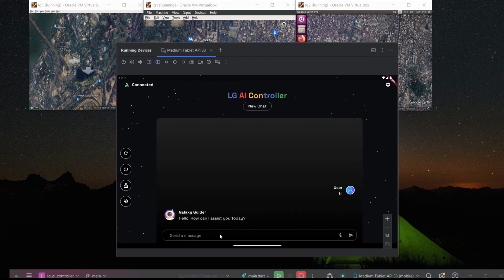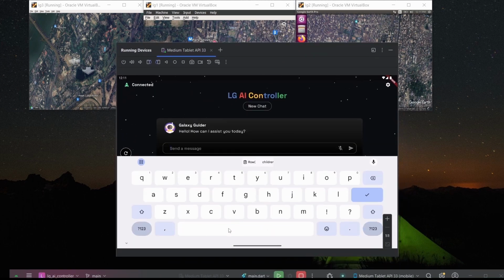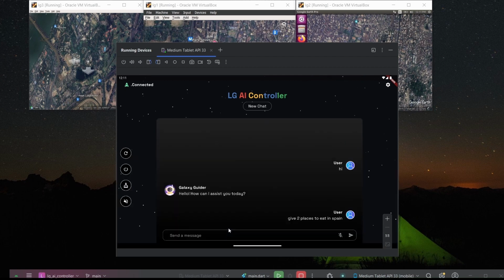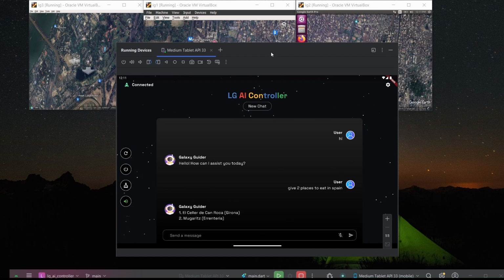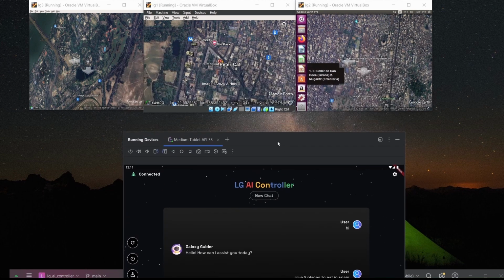Now next, if we write give 2 places to eat in Spain, and we send that. We get this response. 1. Celler de Can Roca, Girona. 2. Mugaritz, Arenteria. It is also shown on the rigs.